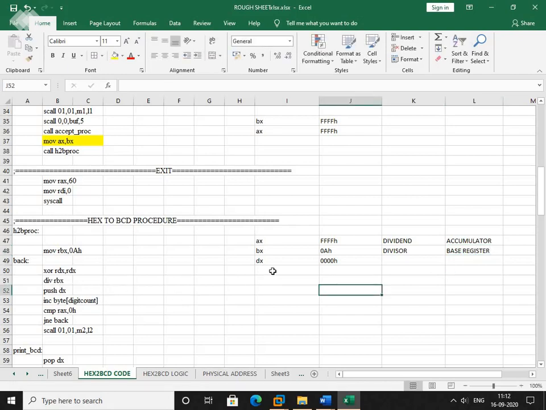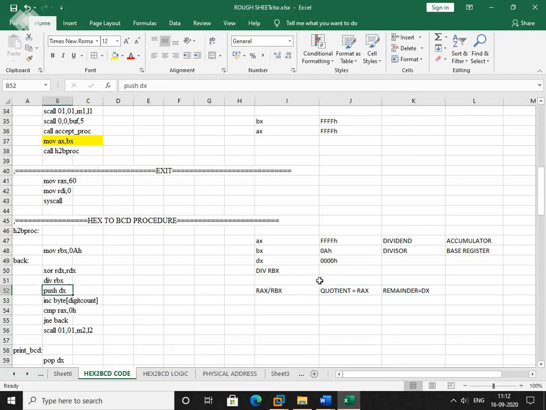Now whenever this div instruction is called, then it will do like this: RAX divided by RBX. Then we get a quotient into RAX and remainder in DX.